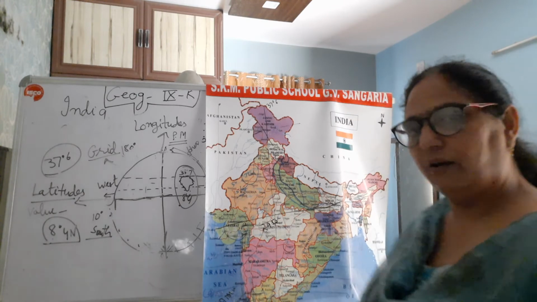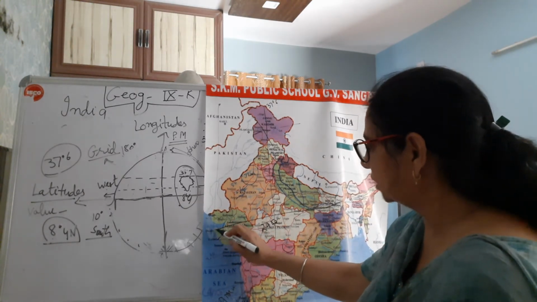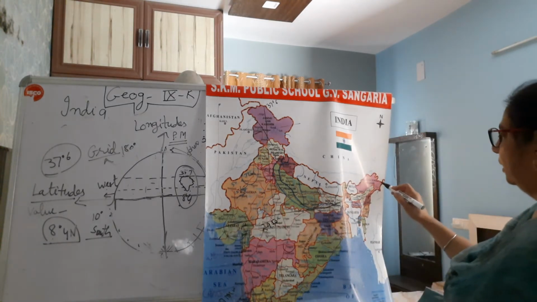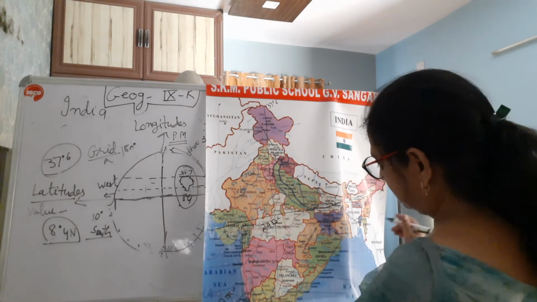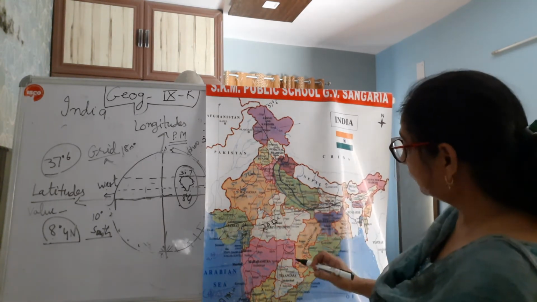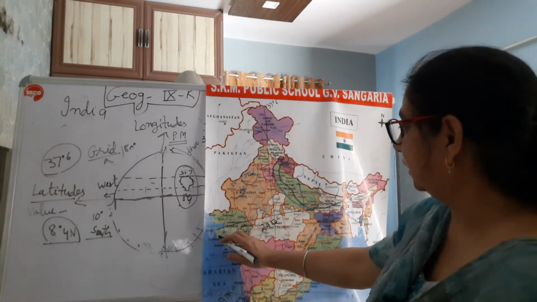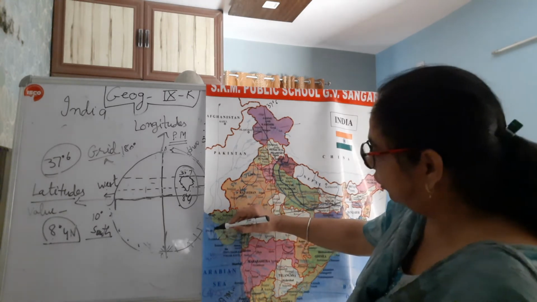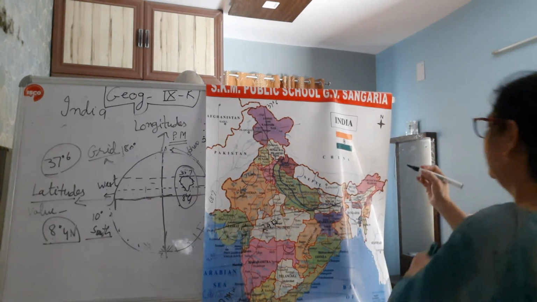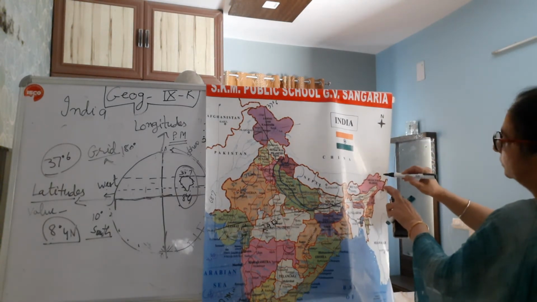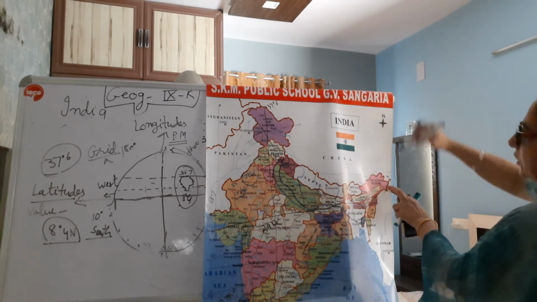They are degrees, right? So I have marked one line from this Gujarat tip to the Arunachal Pradesh, like here, right? Its length is also somewhat like given. So that's why I am telling you this is the longitudinal value, 68.7 degree to 97 point something. When we take it from the world map, you will see it clearly.